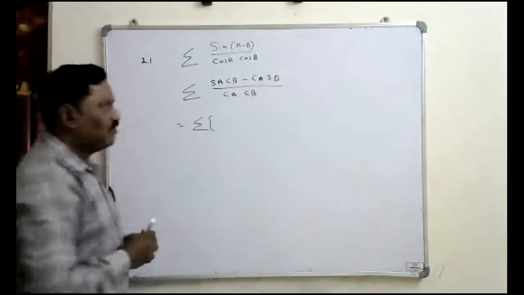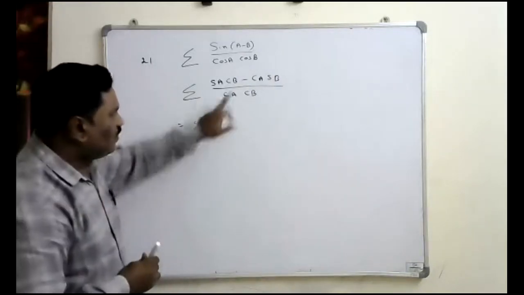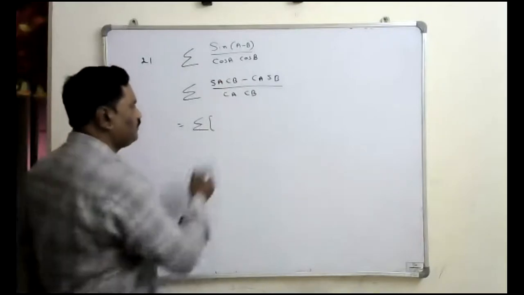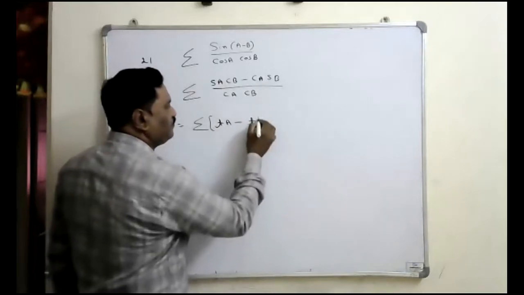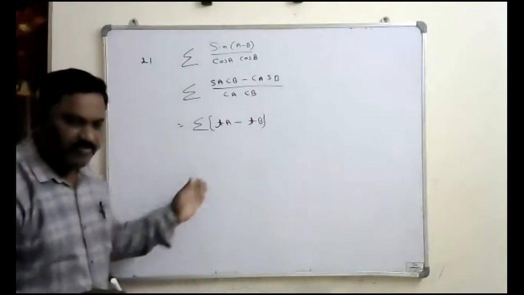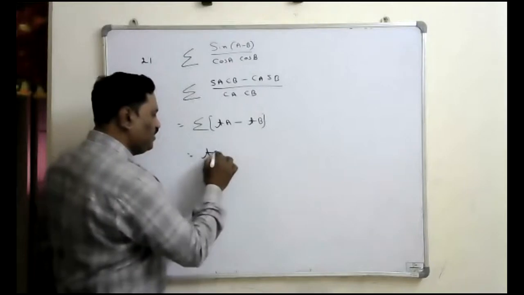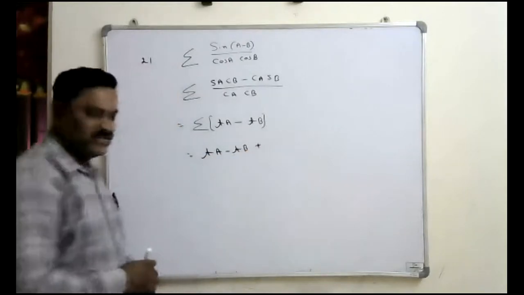Okay. Now split the terms. If you split the term, in the first term cos B cancels. Remaining sin A by cos A, which is tan A, minus the second term tan B. So these are the terms we are getting. Now we will expand the sigma. If you expand the sigma, the first term is tan A minus tan B, plus second term,